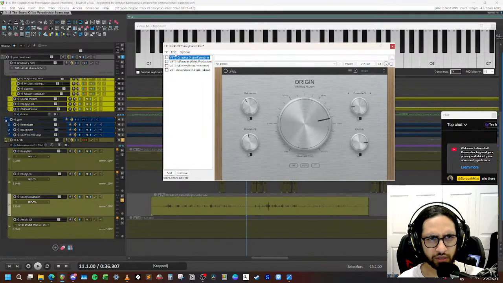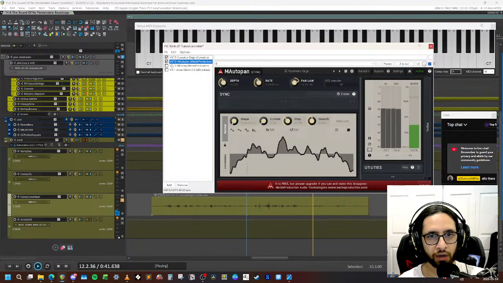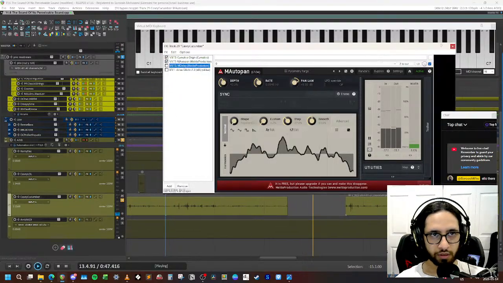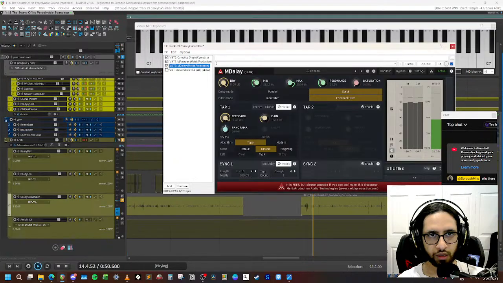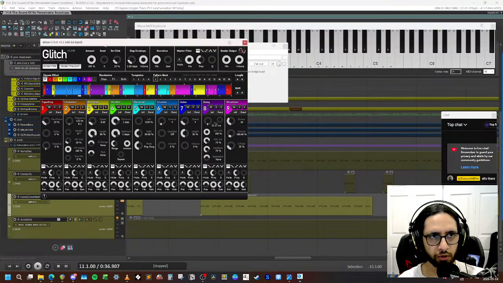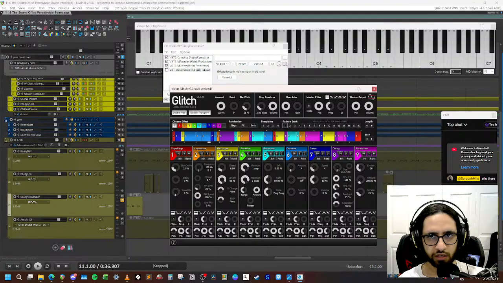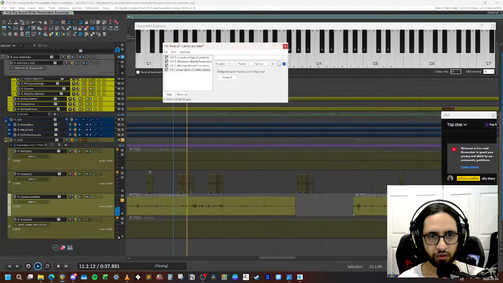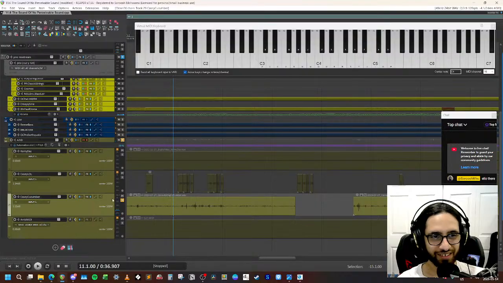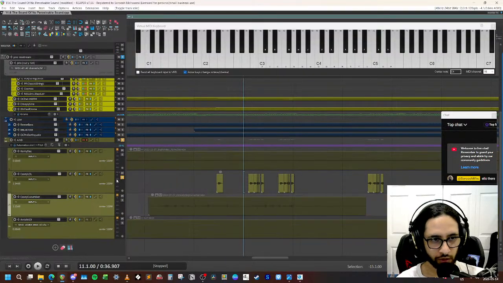So I think this is a chorus. What is this, a lo-fi plugin? Auto pan, just to make it go around in the stereo. Delay. Is that a slapback? I don't know. It's not a slapback. But then you put this weird plugin on it. This just generates glitchy stuff, I guess. So it turns that into this, which is pretty fun. And then what is this other one? KCLOL.